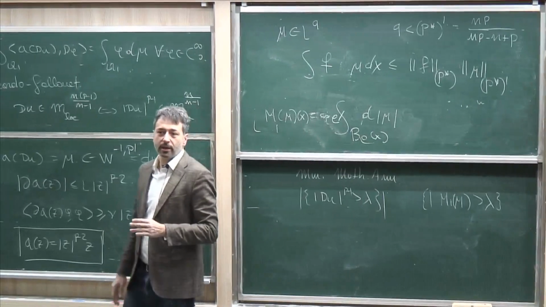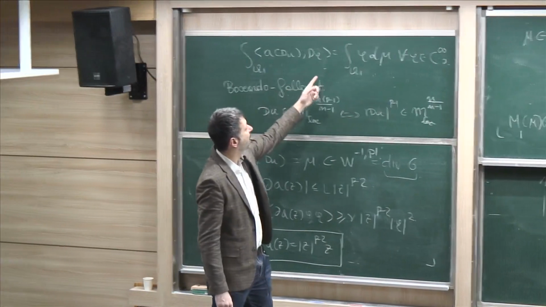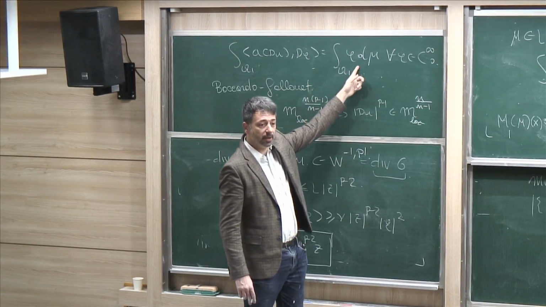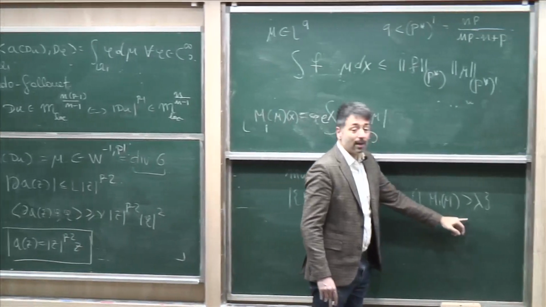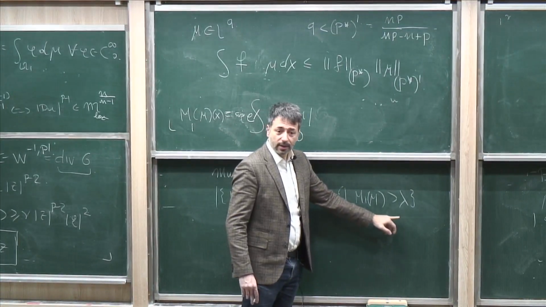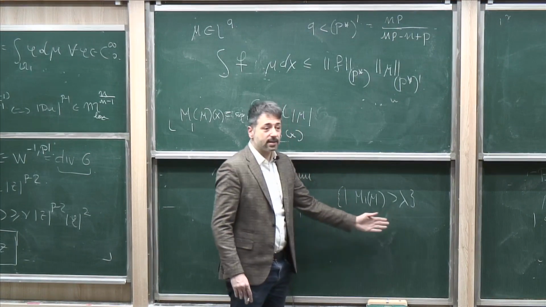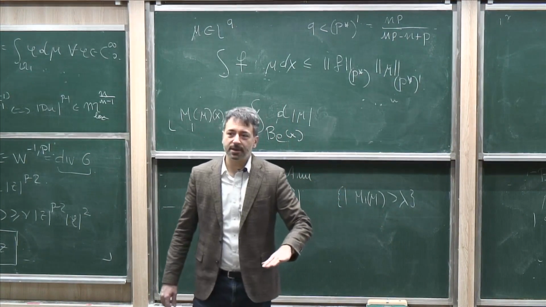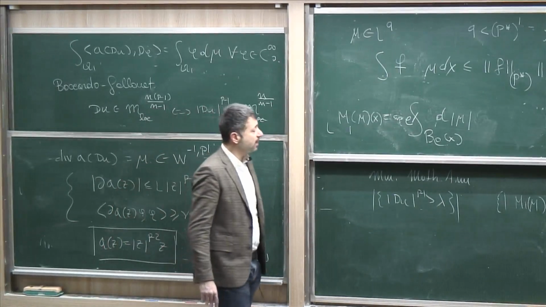So what you're doing, you look at the scaling of the problem, and you see that when you scale this by rho, this scales like rho, the same thing. And then you can control the level sets of the gradient with the level sets of the fractional maximal operator. As the mapping properties of the fractional maximal operators are known, then you can immediately infer